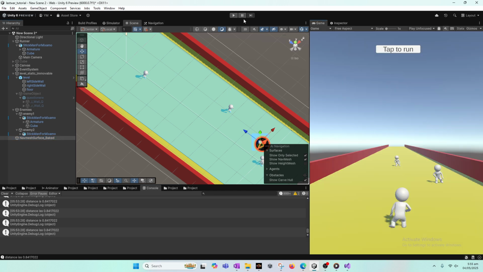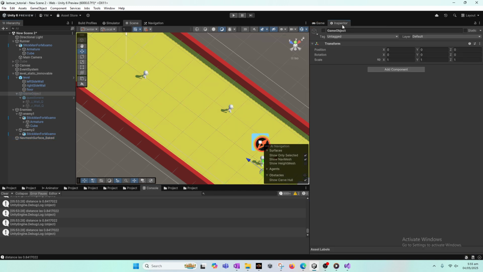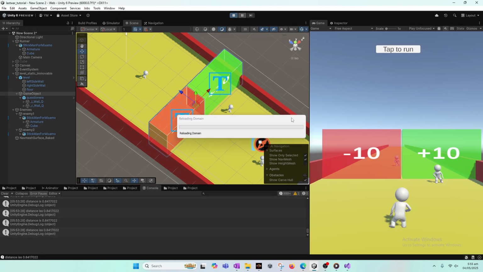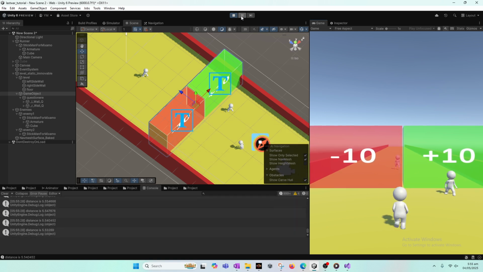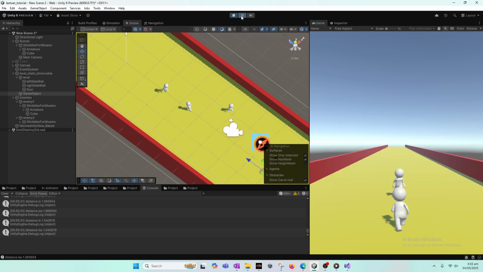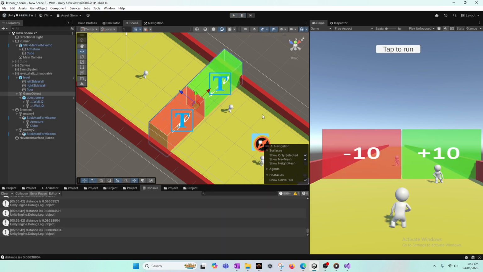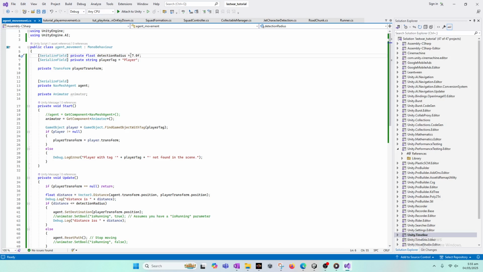And now when I press the play button, as you can see, our enemy character, once our character is near, passes right away through our player and starts following it like this, as you can see here again. And if we increase the detection radius,